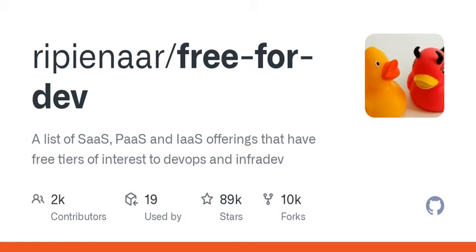The possibilities are enormous. As we wrap up, let's reflect on the insights we've gathered today. Free services allow developers to explore, innovate, and create without worrying about financial constraints. They not only enhance your productivity, but also facilitate collaboration in our increasingly remote work environments. Remember, whether you are building cloud applications, managing databases, or